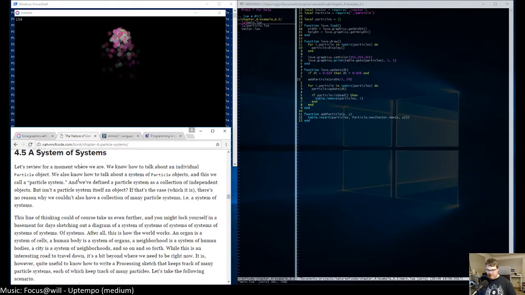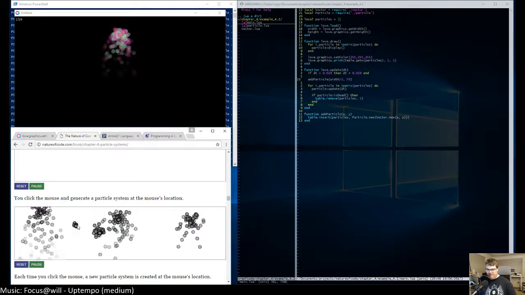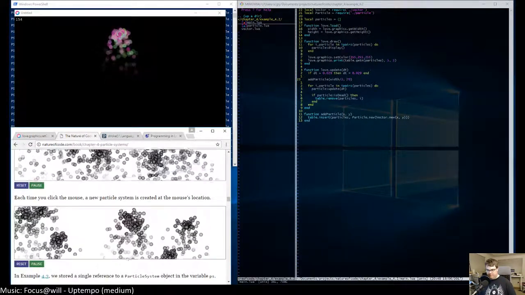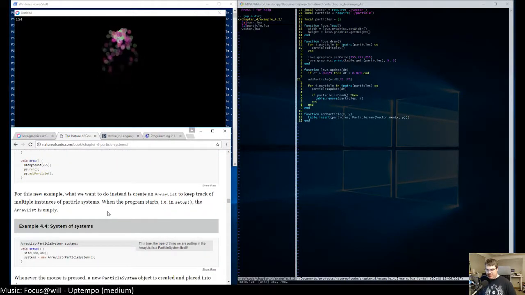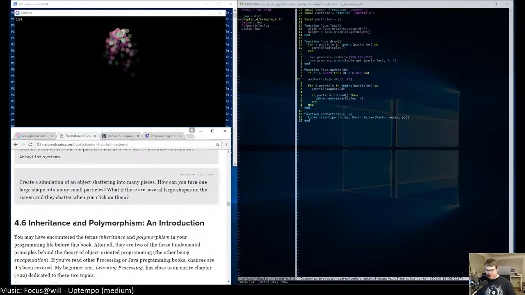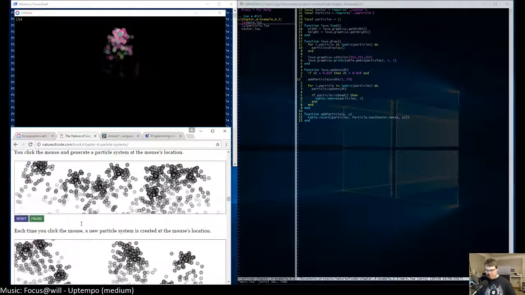And then it goes into creating particle systems wherever you click. So that is coming up. Which I mean, that won't really be a problem.